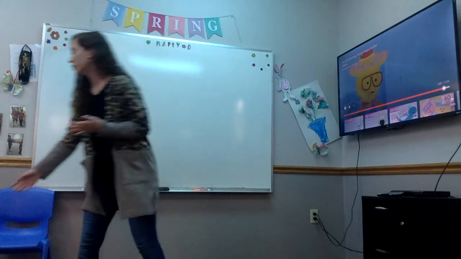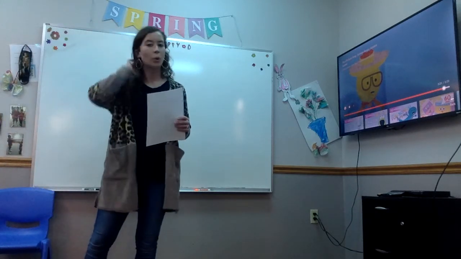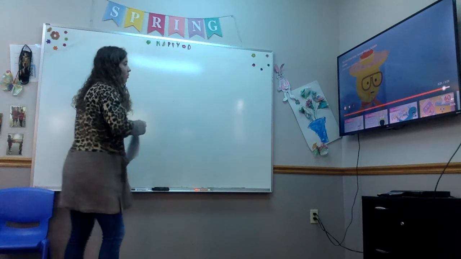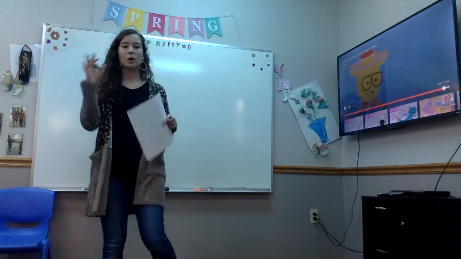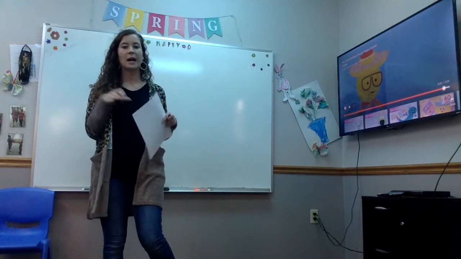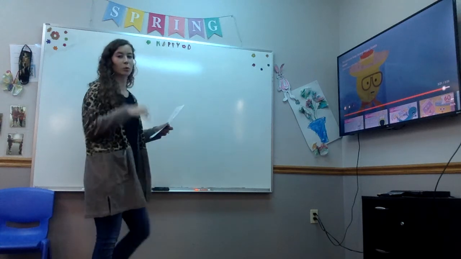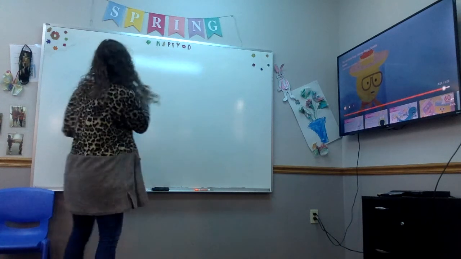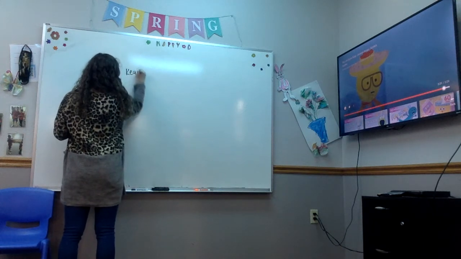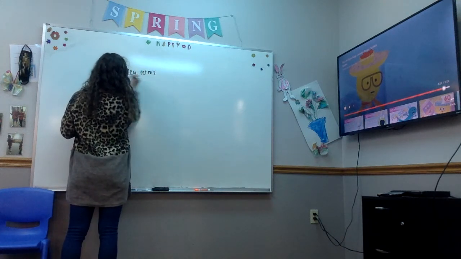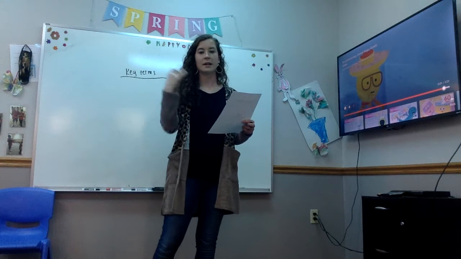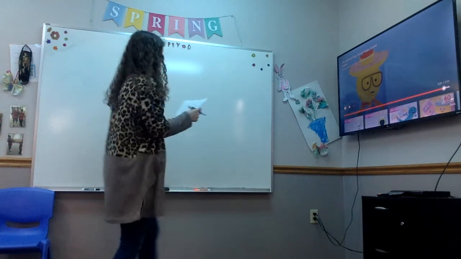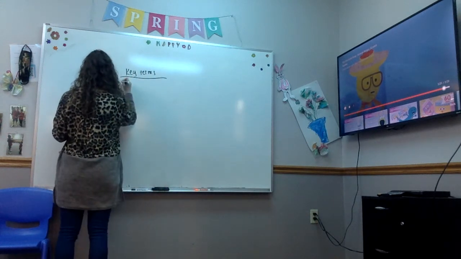So right now we're going to go over some keywords. I'm going to write them on the board. And these are words that I really want you to focus on and really learn, because to understand the life cycle, you're going to have to understand these key terms. So I'm going to write them on the board, then we'll go over the definitions for the words. So while I'm doing this, get out a sheet of paper and write down the key terms with me, and then as I go over the definitions, jot down just a brief summary of what I say so that you can remember it. So our first key term is going to be organisms.